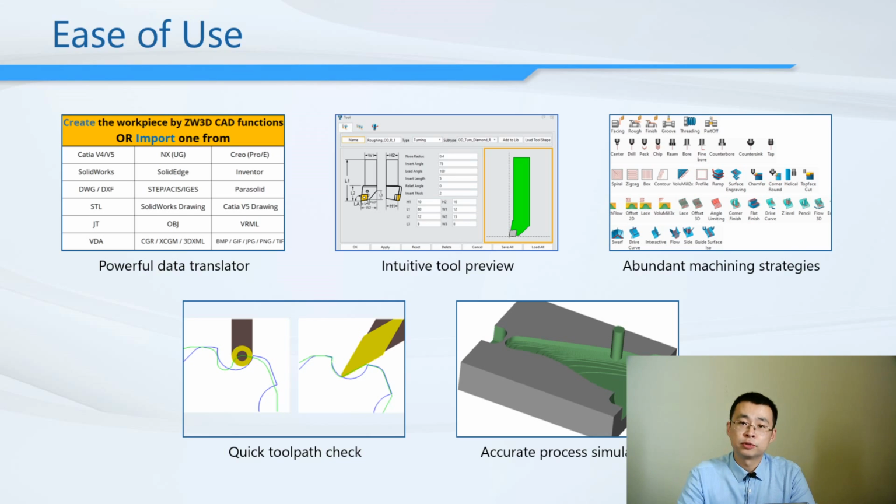In ZW3D, we provide 3 options. Here I just list 2 of them because the last one is a new feature of ZW3D, and I'll talk about it later in detail. The first one helps you quickly check the 2 paths on the screen. Directly bring the tool shape in and move it along the tool paths. It is very quick and very easy to use.